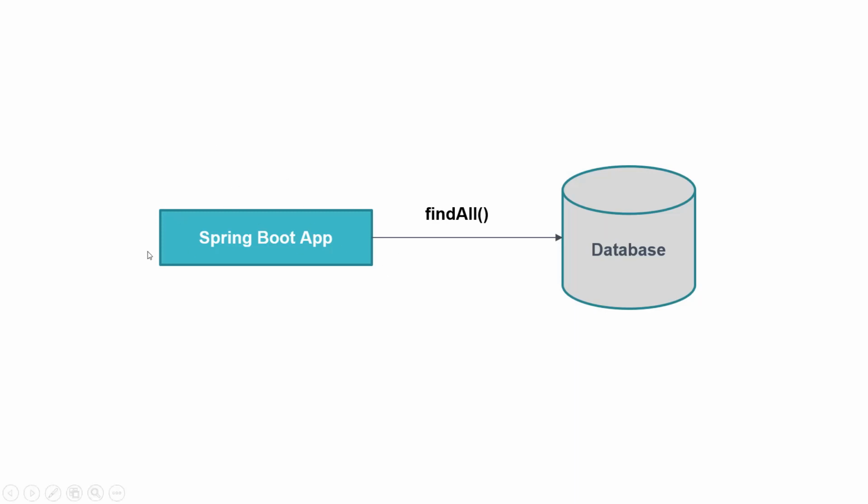Now, say for example, our Spring Boot application is not able to gather other resources. So there is no way that our Spring Boot application can tell the database that, hey, stop it. Don't give me more data. Whatever you gave me till now, I'm good with that. Now I don't want more data. Stop it. So there is no such way with traditional REST APIs with Spring Boot application. So basically, our traditional REST APIs with Spring Boot are not supporting back pressure.